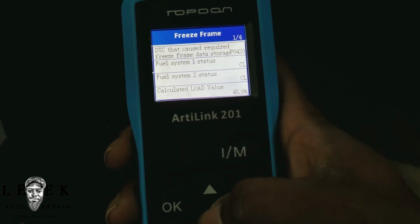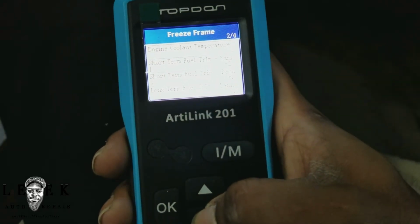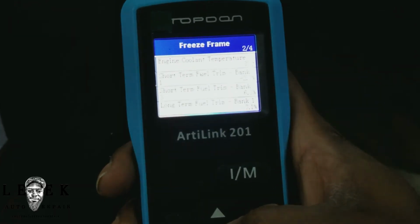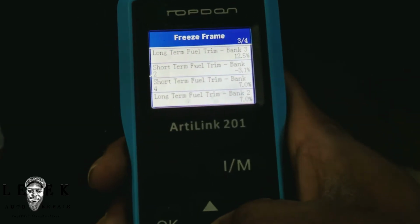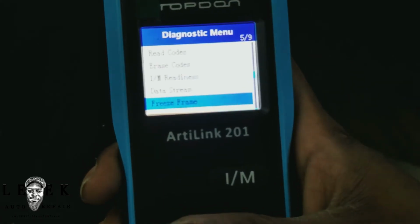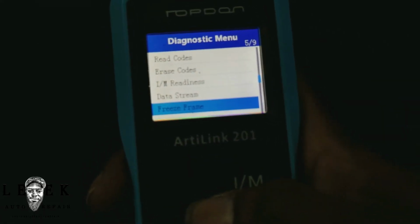But let's go down, and just pretty much takes a snapshot of what sensors was running what and showing what when the code appeared or whenever it was running this problem. So you want to read your freeze frame, that's up to you. Me, I'm trying to keep this video short, so I'm not going to get all intricate. So I'm going to go back, if my screen can focus back again,